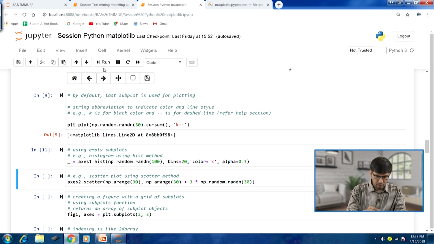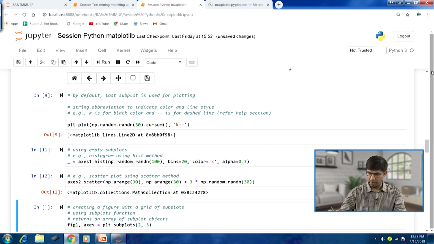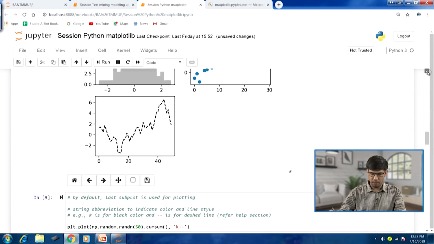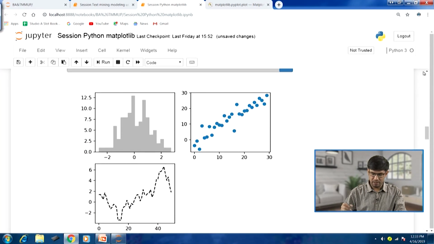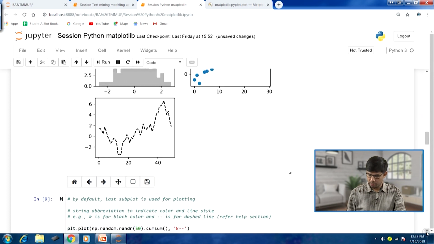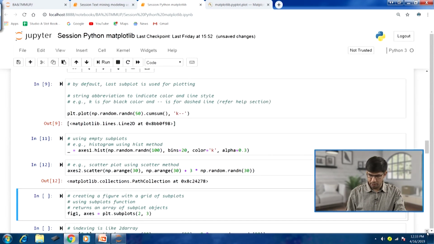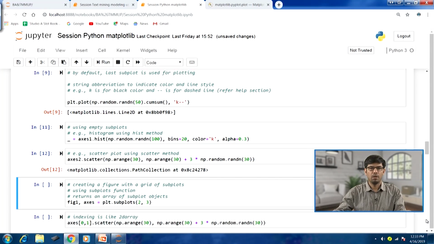If I run this, then in the figure object that we have, the remaining one, you can see this is the scatter plot with blue dots and the marker you can see here. This is the scatter plot that has been added. In this fashion you can see how the figure object can be used to generate a number of plots, a kind of matrix, a different kind of grid we can configure, and a different number of plots we can generate there.